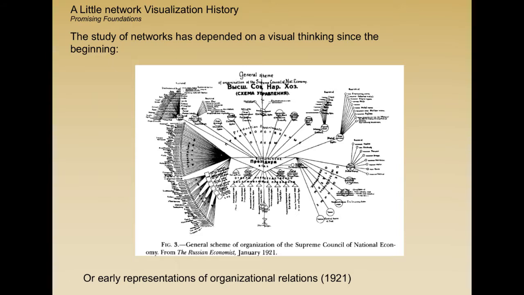The other example you're probably used to seeing is something like a bureaucratic chart, right? In this case, I think this is a German bureaucracy. It looks a little bit like Duke. I've tried for years to get the Duke organizational chart, and they won't give it to me. I think they're afraid of what it might reveal.